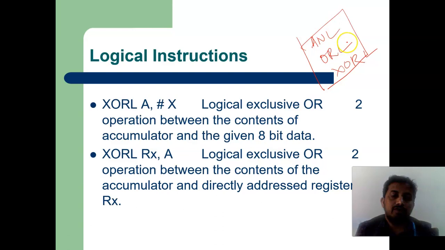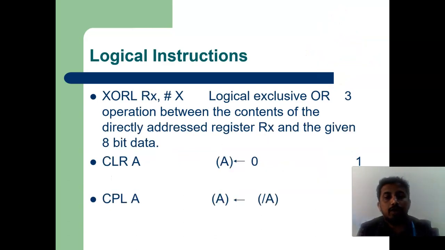OR is zero for zero zero, and in all remaining cases it is one. For XOR, when both the inputs are the same, the output is zero. If complementary inputs are there, the output is one. Similarly, you have the next one, where like the previous instructions we have the complement